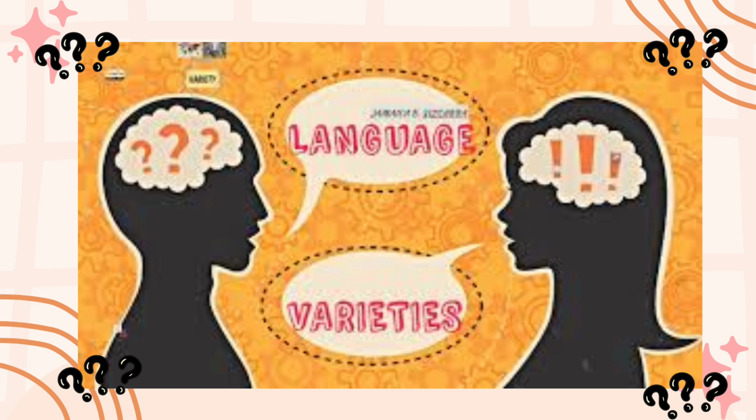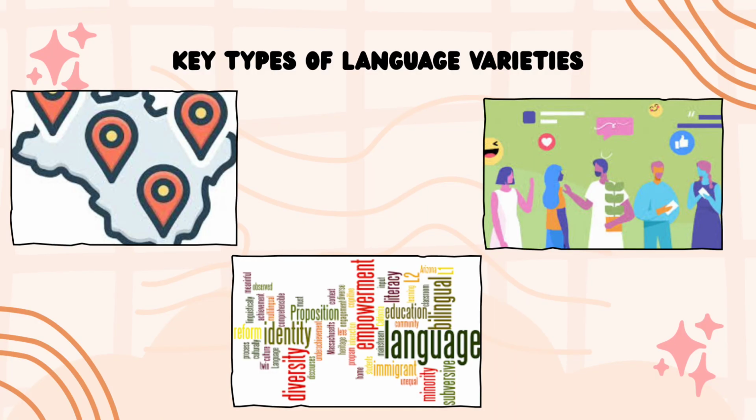Language varieties refers to the different ways people use language based on factors like region, culture, and social group. For example, accents, dialects, and slang are all types of language varieties. These differences make communication diverse and reflect our identity and the community we belong to. Next, we have three types of language varieties: regional, social, and functional. Regional is the variation in language due to geographic factors. Social is language differences influenced by social factors, and functional is the changes in language used depending on the